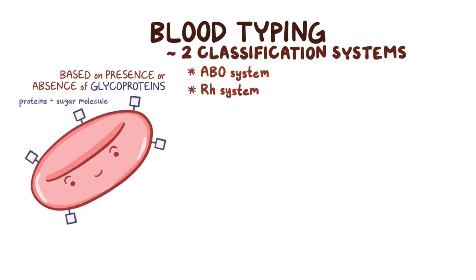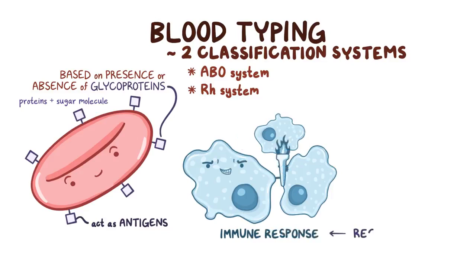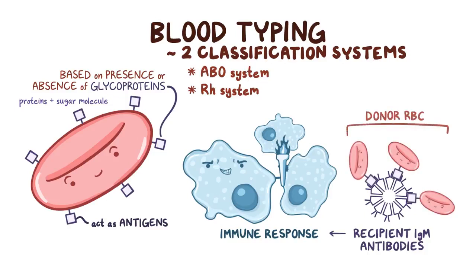Now, if blood that has any of these glycoproteins is given to a person that has immune cells that have never seen those glycoproteins before, then the glycoproteins can act as antigens. In other words, the recipient's immune system might mistake the donor blood as an invader and mount an immune response. This is usually caused by recipient IgM antibodies that float around in the plasma. These IgM antibodies can bind to multiple donor red blood cells, which can result in the red blood cells clumping